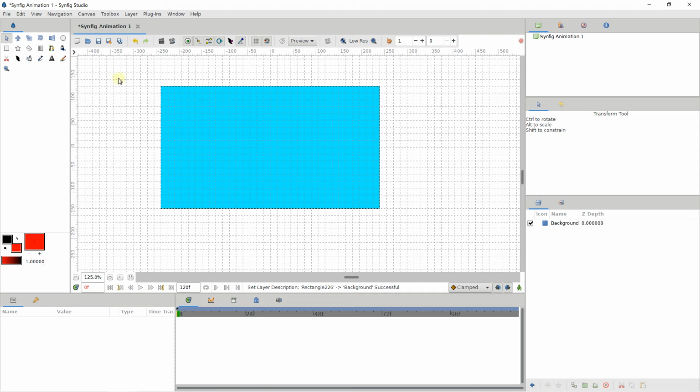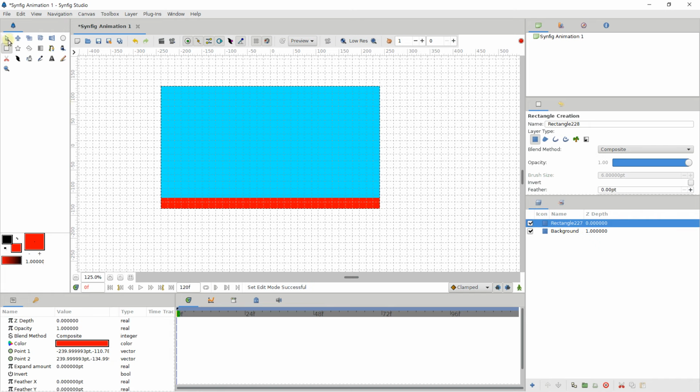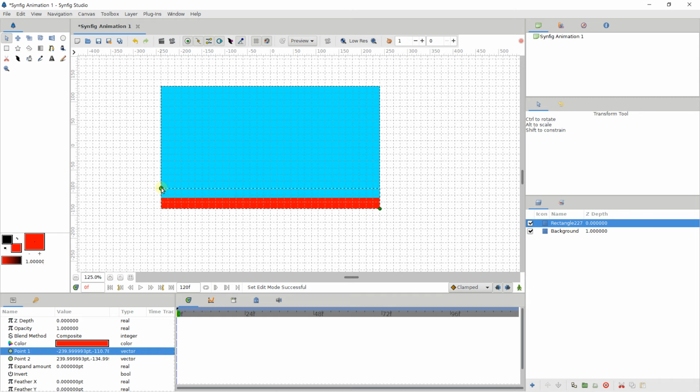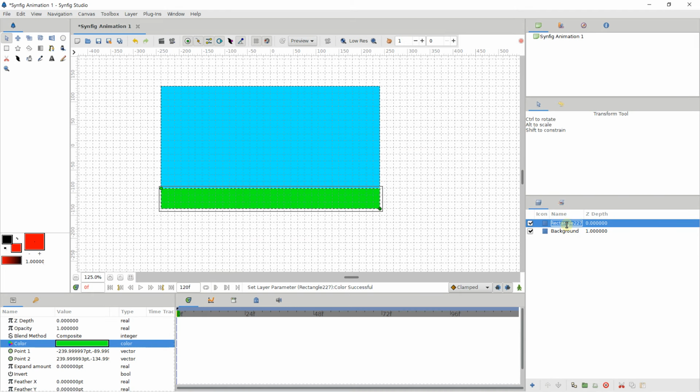You click on this tool, you deselect and create a rectangle. I can use the rectangle tool, just left click, create a rectangle on this area. I can use my selection tool if I want to edit a little bit, and go on color, change for example, green color. And I can change the name and type just ground, just like this.